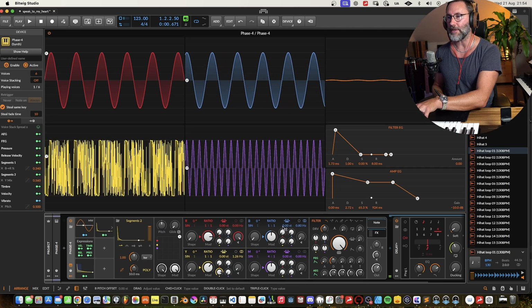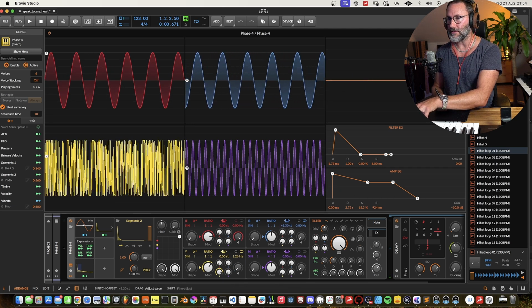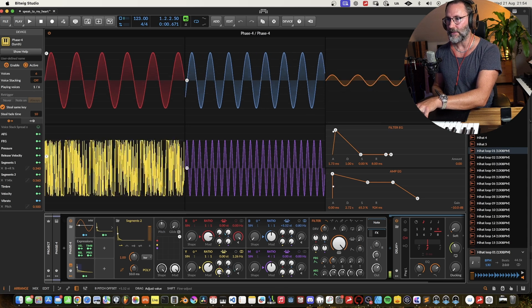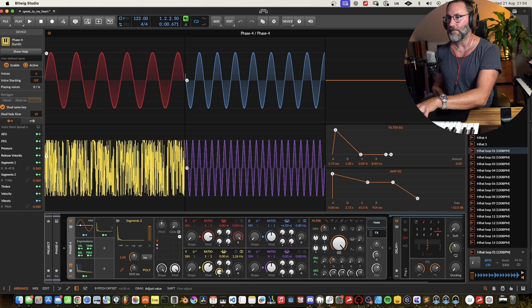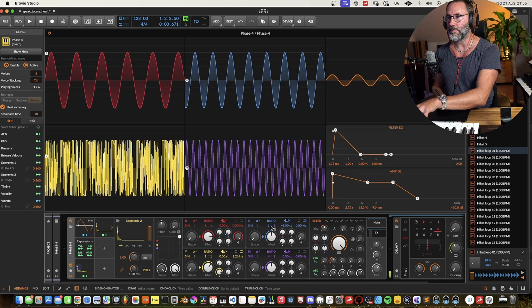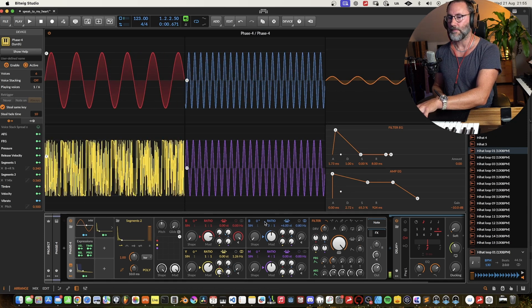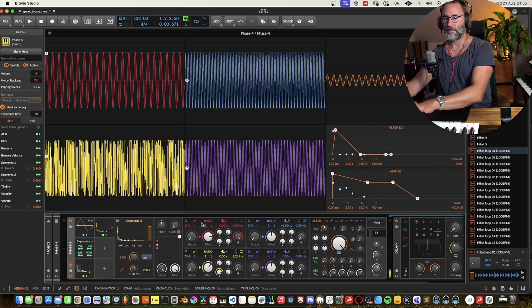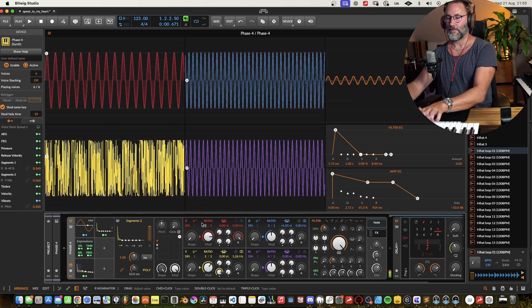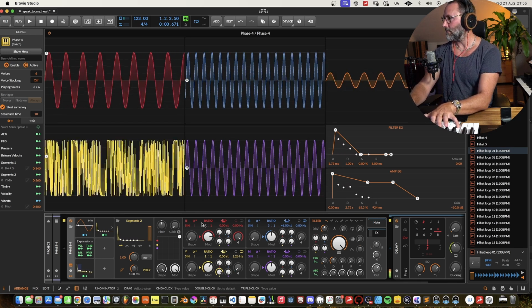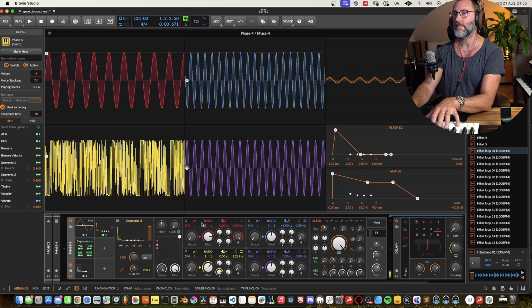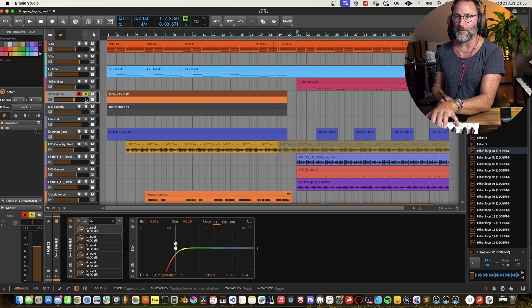And we can also use the pitch offset. So let's set this to 6 semitones. Let's listen to the original Omnisphere sound.